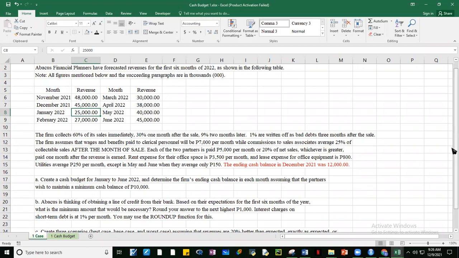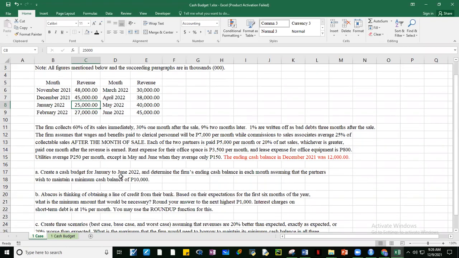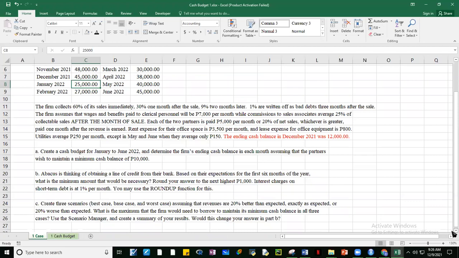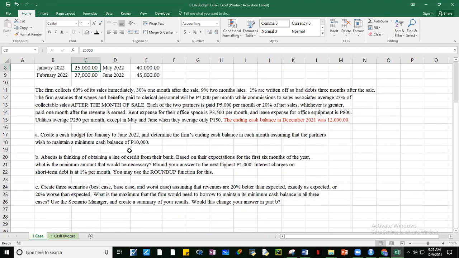Okay, so we're asked to create a cash budget from January to June 2022. And we wish to have a cash balance of 10,000 at the end of each month. So the cash balance should not be lower than 10,000.